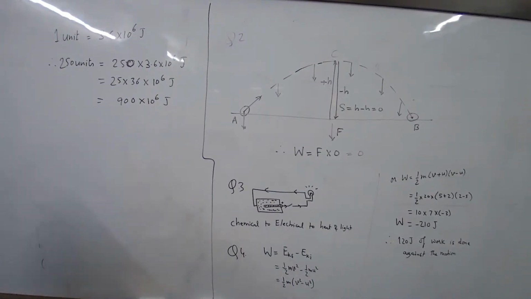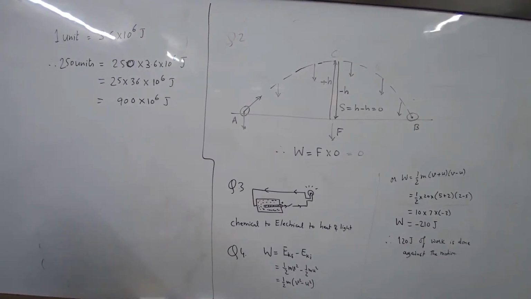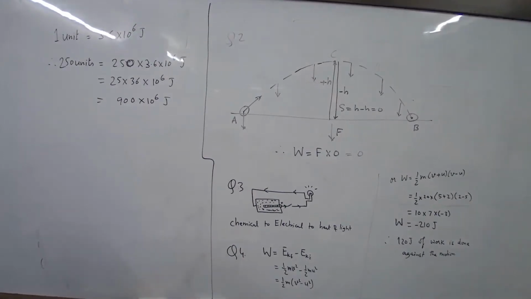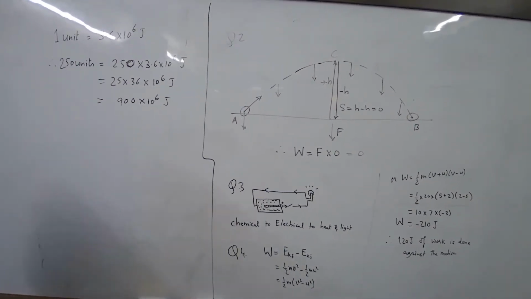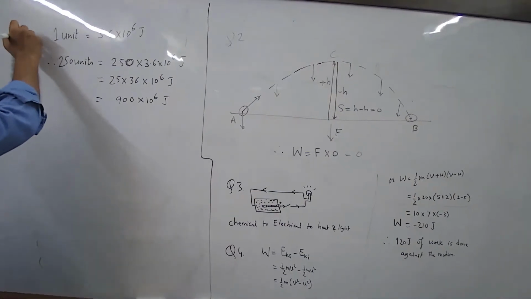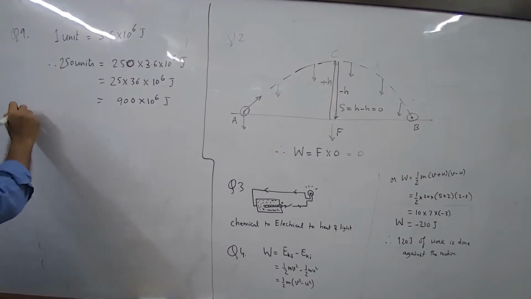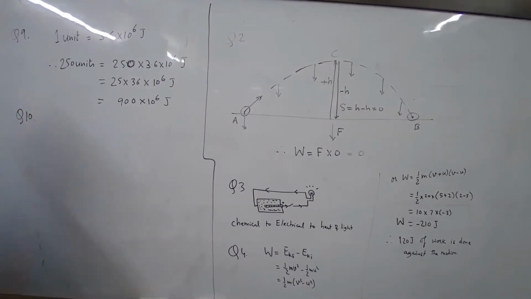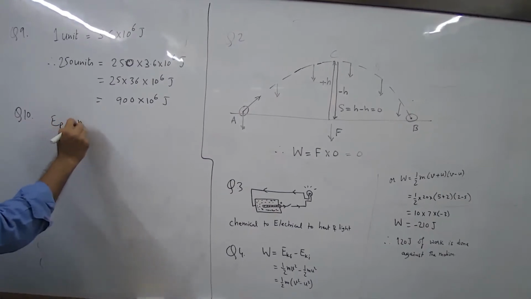Okay. Next is, whose turn? An object of mass 40 kg is raised to a height of 5 meter above the ground. What is its potential energy? This was question 9, and the answer is 9. Coincidence. So how much is the object lifted? EP is mgh.